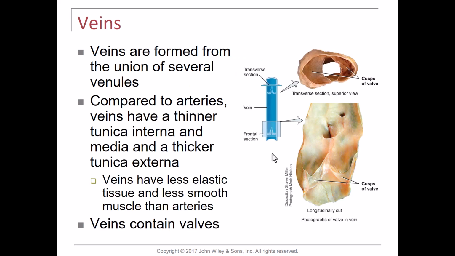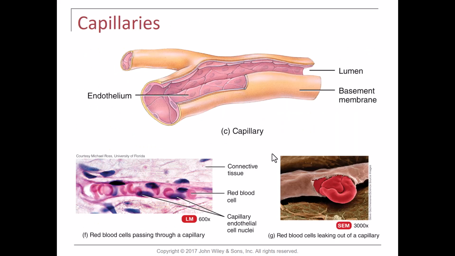They are very similar to this type of structure that we see in a vein. And capillaries are the thinnest vessel. They are just one layer of simple squamous epithelium supported by a basement membrane, and they are thin because this is where we have gas exchange. So notice the smallest capillaries in the body are small enough that red blood cells must stack up on one another to get through them because they're only one red